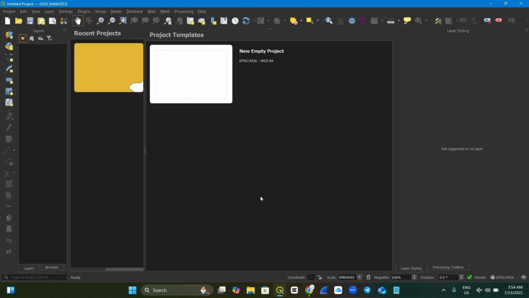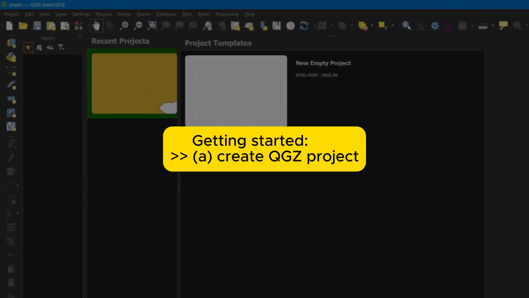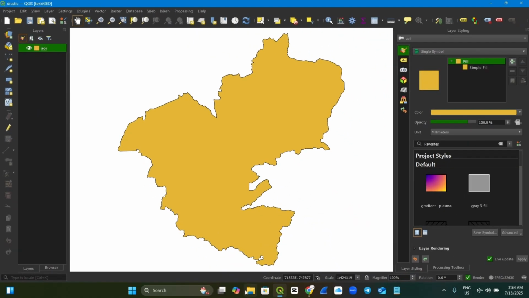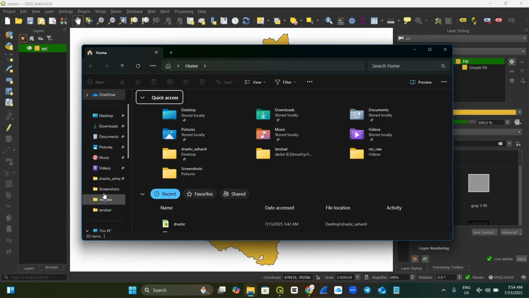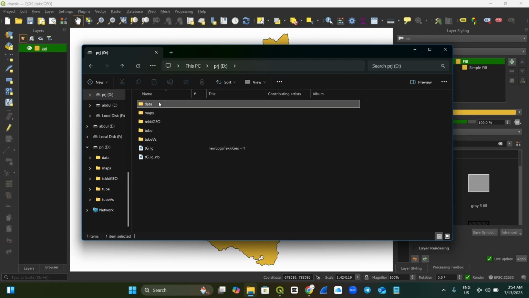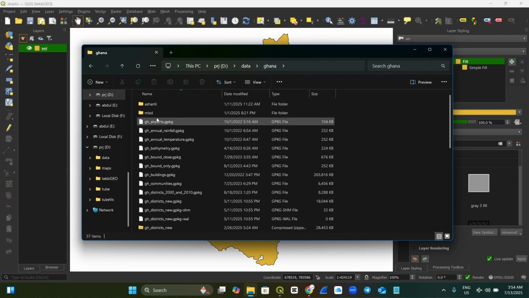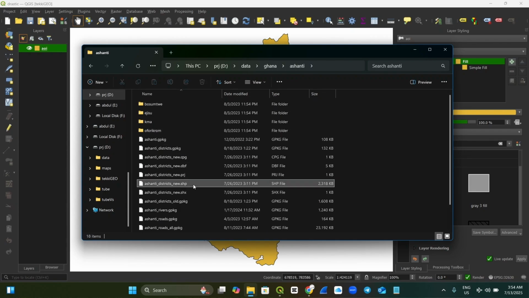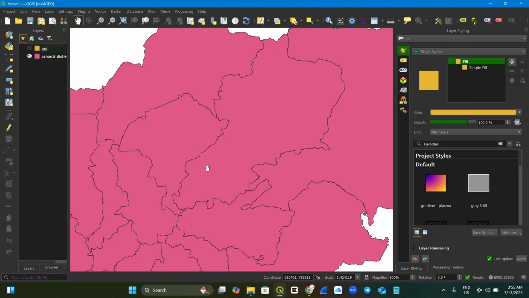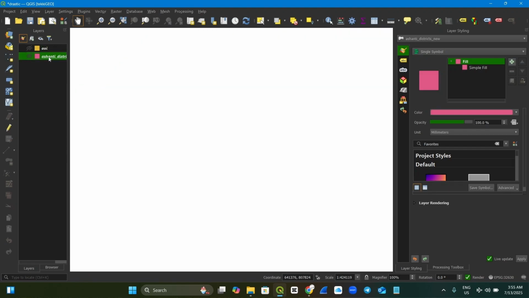So here we're going to use the DEM-based data, and I have already created a project for what we are going to be doing. So as you can see, DRASTIC, and I already imported my area of interest. What I did was take a bunch of districts from the Ashanti region and just dissolve them to make one single AOI. So if you go to Ashanti and pick up the districts, you can see that. We pick these 3 districts and just put them together like that. So that's what we are going to be using